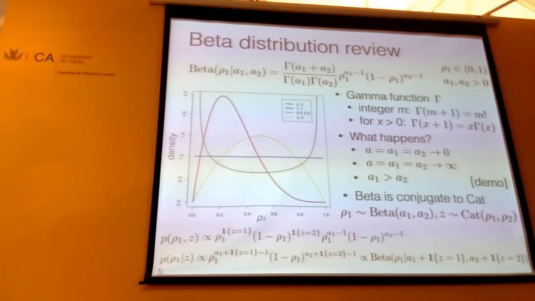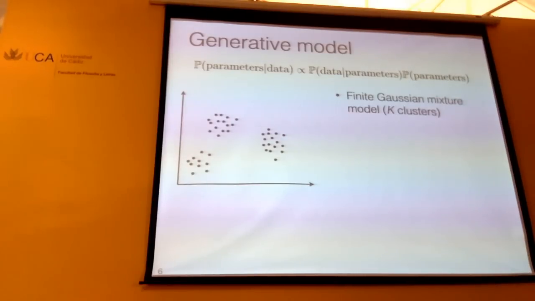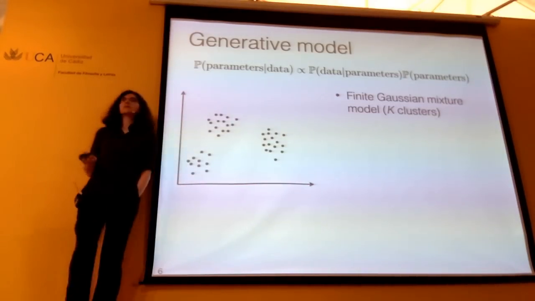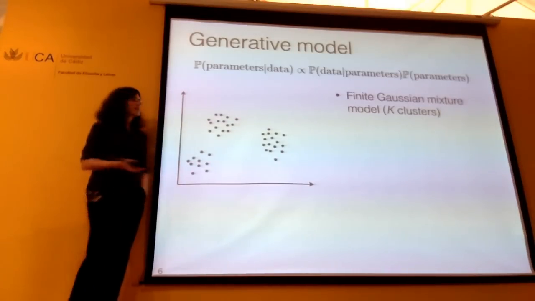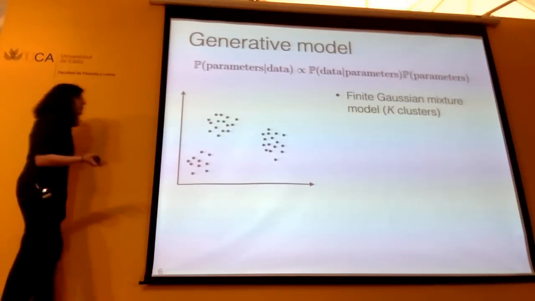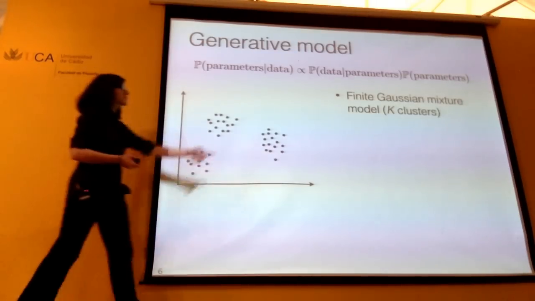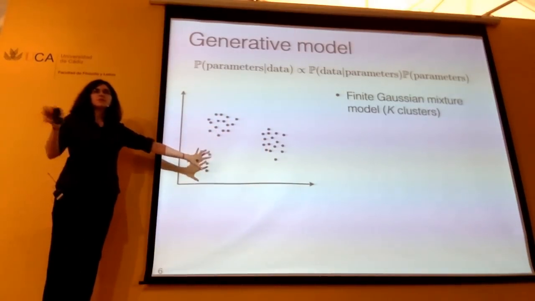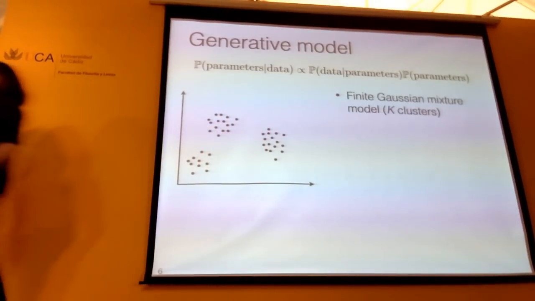Okay, so that's the beta distribution. And that's what we would use in the case of a two-dimensional or a two-component mixture model. But of course, in general, we don't just have two components. What do we do if we have more? Let's suppose now that we have k clusters, and for the purpose of my illustration here, I'll suppose k is 3, but in general, we might have k.